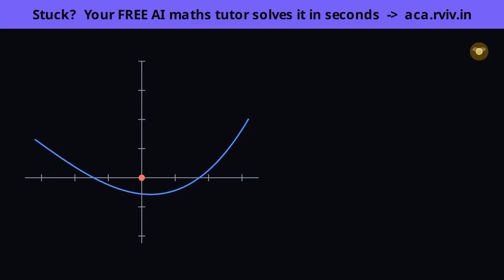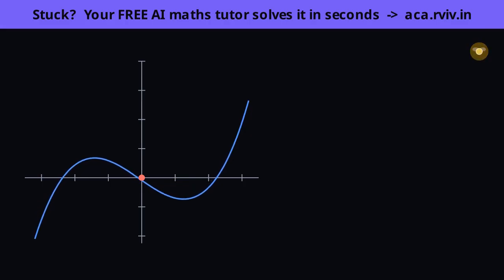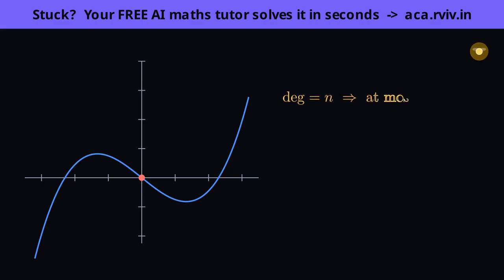Do you see the rule forming? Each extra degree buys one more possible turn, and each turn one more possible crossing. That's the deep reason a degree n polynomial can have at most n zeros. The algebra says a factor gives each zero, and you can't fit more than n factors into degree n. The degree is the ceiling. So hold on to this: degree n, at most n zeros. Notice it says at most, a curve can always miss the axis and have fewer, but it can never have more.